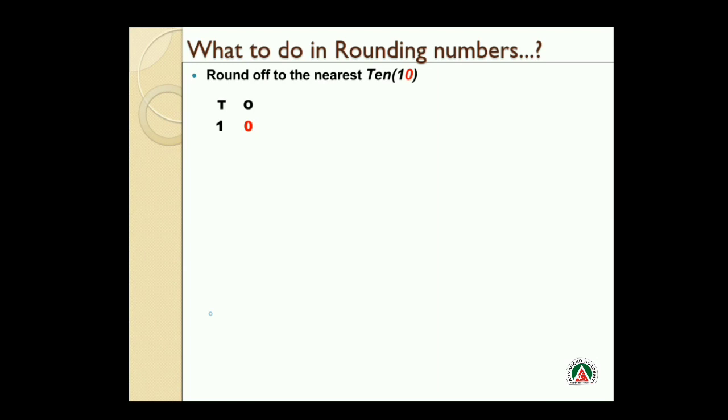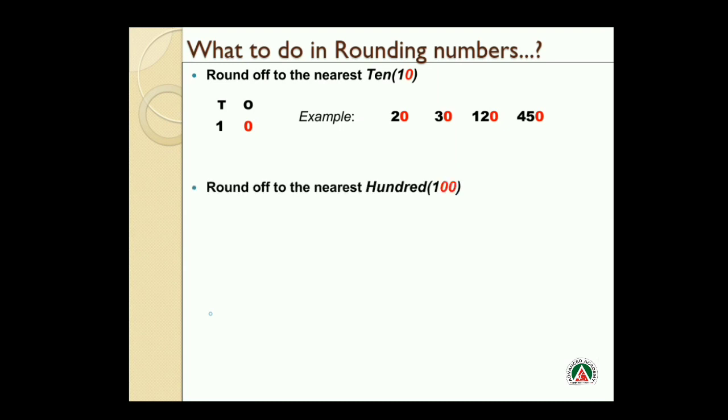Okay, let us take some more examples. 20, 30, 120, 450. You can see here also, in the ones place, 0 is there. In this also 0 is there. In this also 0 is there. So these all numbers are rounded to the nearest 10, because in their ones place 0 is there. While we are talking about rounding off to the nearest 10, one tip is that always in the ones place 0 is there. No other number will come, it will never come.